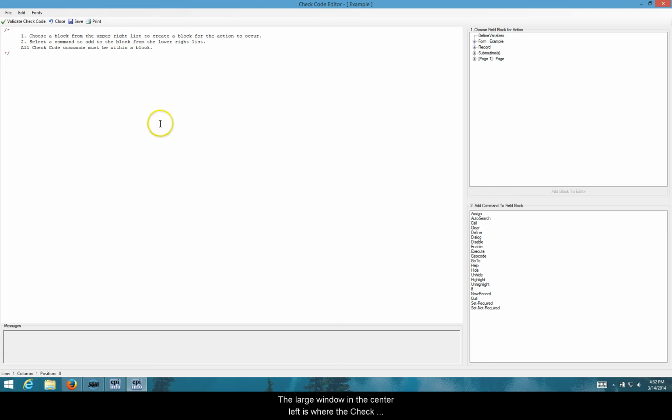The large window in the center left is where the check code will appear after creation by Epi Info, or where code can be manually written. Along the bottom left is the message board, where messages on your check code from Epi Info will display. The two windows stacked on the right side are the Epi Info check code wizard, which allow you to easily